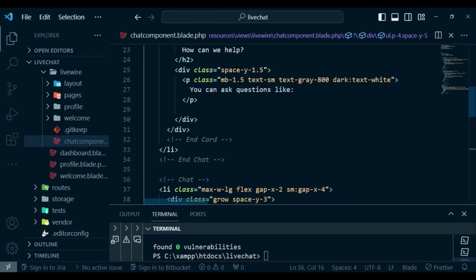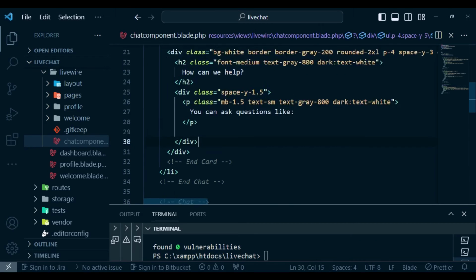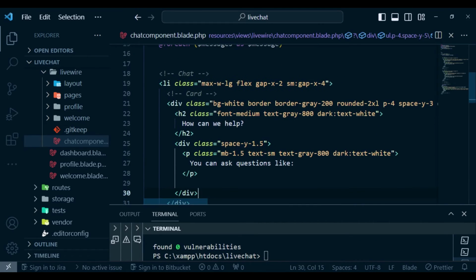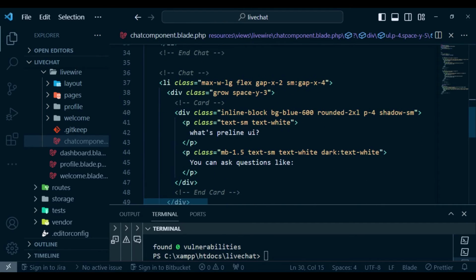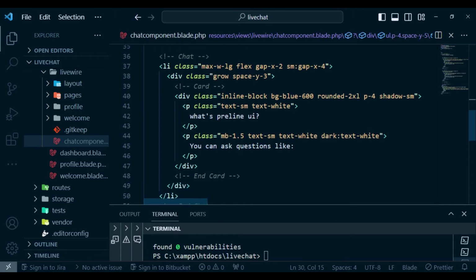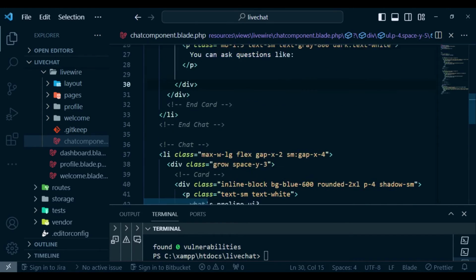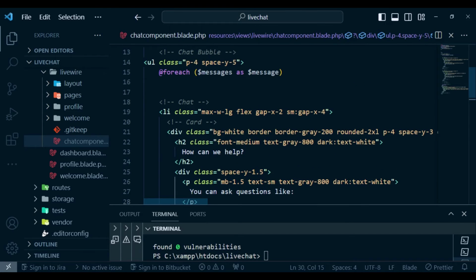So what I want to do is, if the message belongs to the current authenticated user, I would like it to display using the last chat. So this one here. So what I'm going to do is just use an if directive, @if, and we can get the user ID